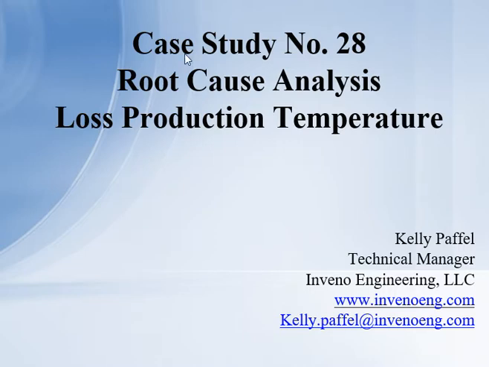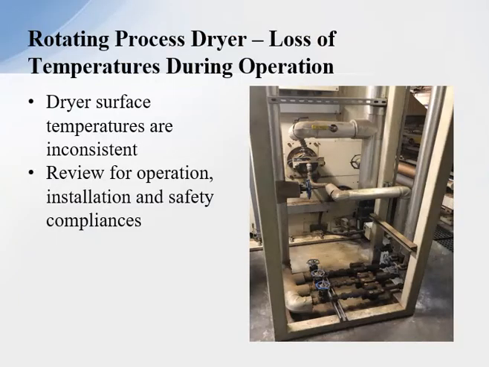And today I want to review case study number 28, root cause analysis, lost production temperatures in the process. This root cause analysis was done on a rotating dryer. The process dryer had loss of temperatures during operation, which was causing issues with production, product rejects, and slowing the machine